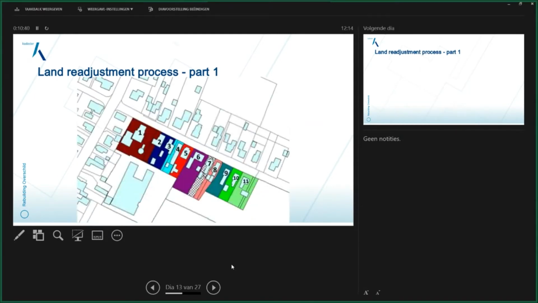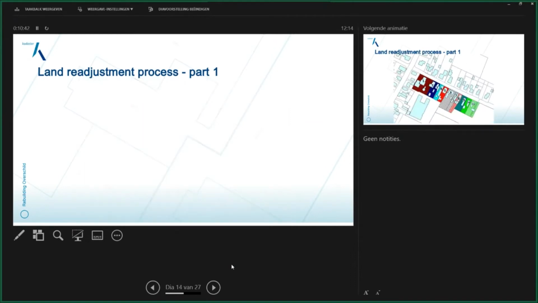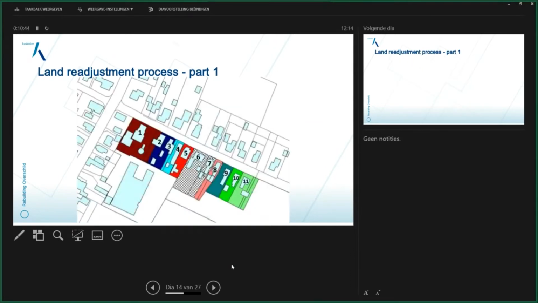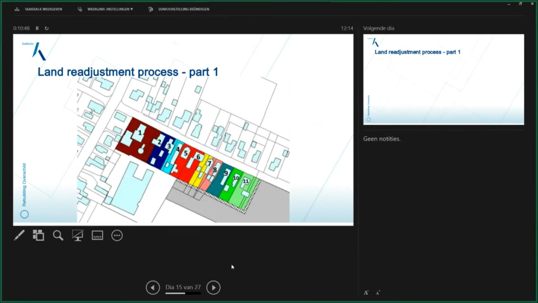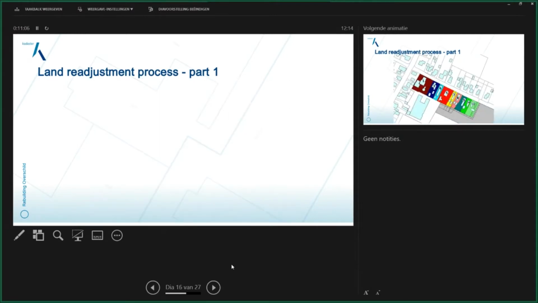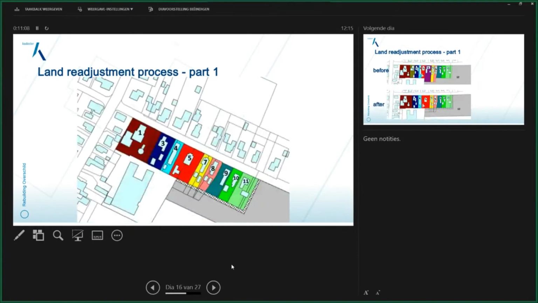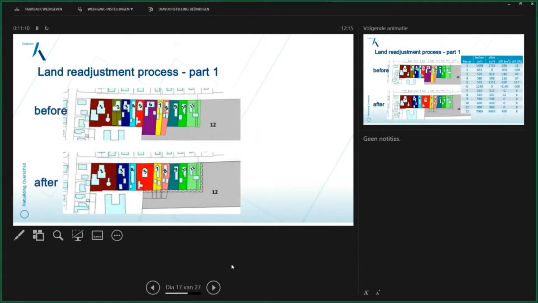I took too many animations in here. So in the end, you see that most of the parcels were not that narrow anymore. So you can reconstruct your house. What happened? I will, oh, there's one more. Yeah. So here's before and after,